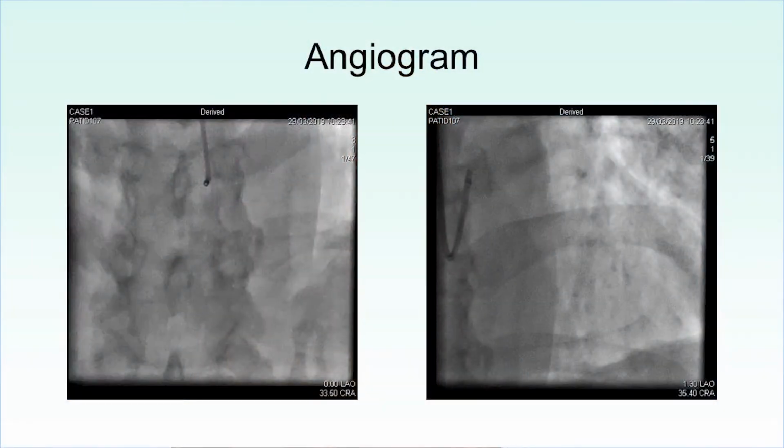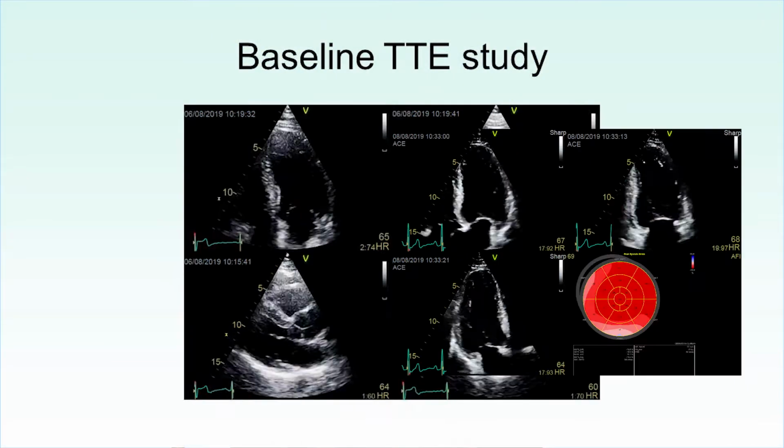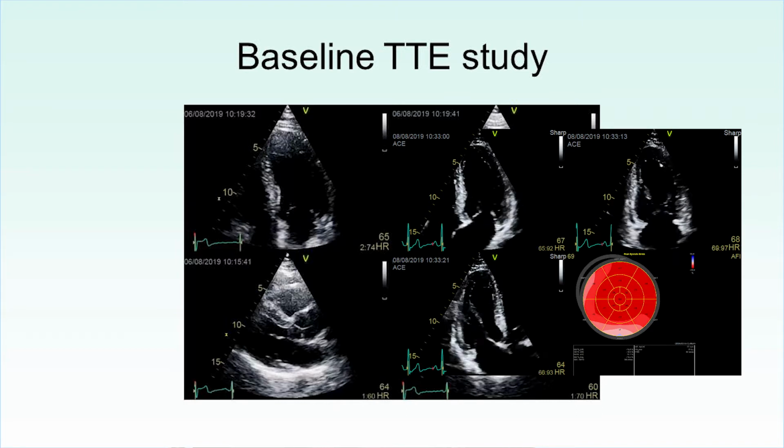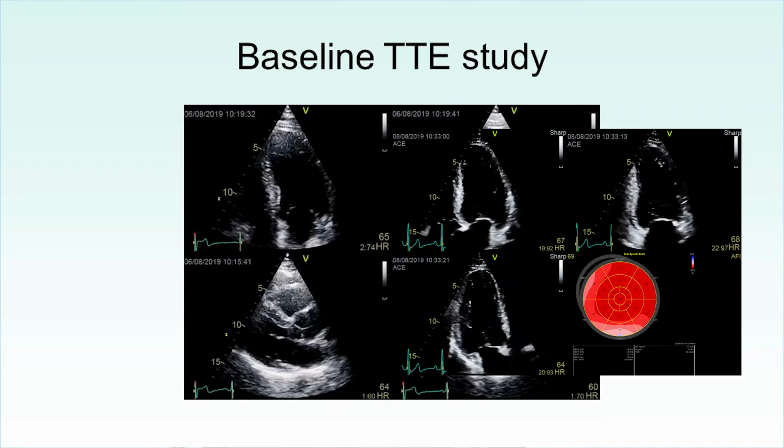the inferior territory. So this is the angiogram. So you can see a lesion there. And essentially there is some disease there as well, but certainly that's what the area of interest was, the inferior territory. So when we look at that, for this patient, a baseline scan was performed, not very good imaging, so